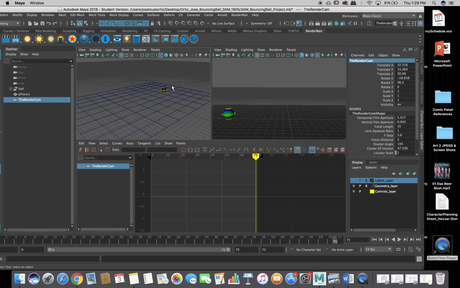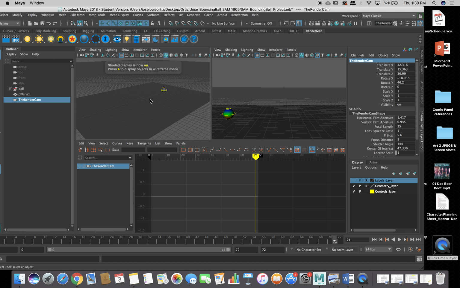If you see it in wireframe, press number 5 or 6 if you want to have the nice colors. We're going to test colors up on